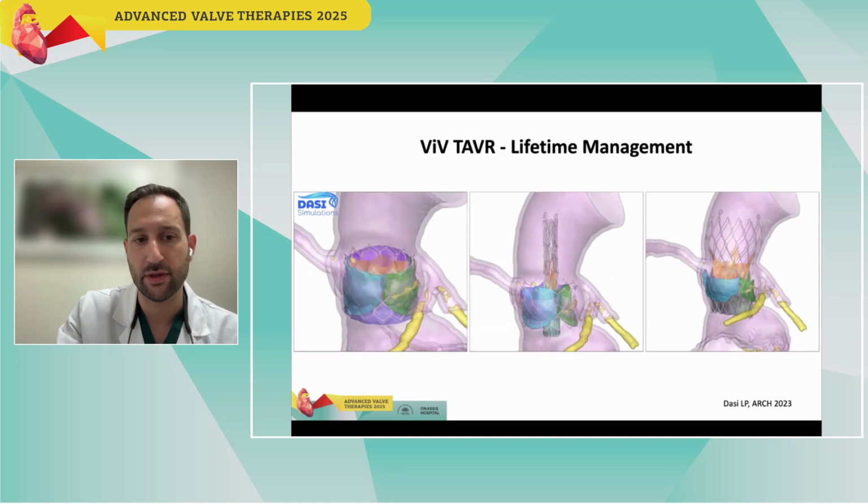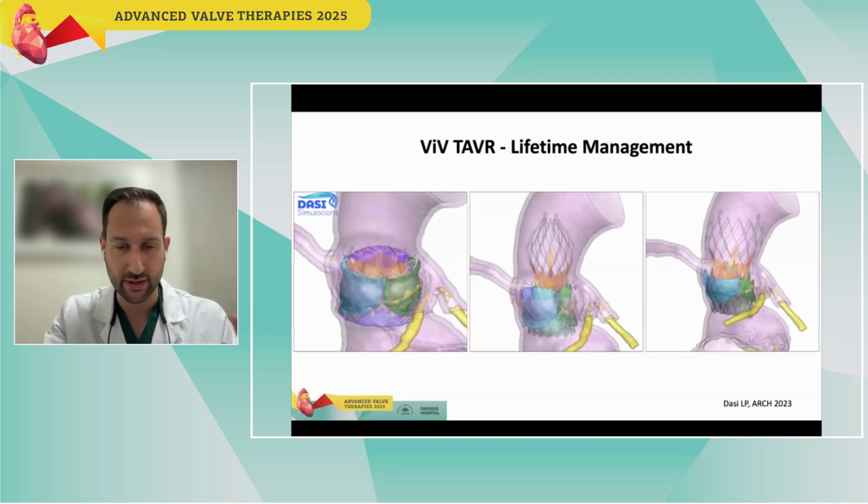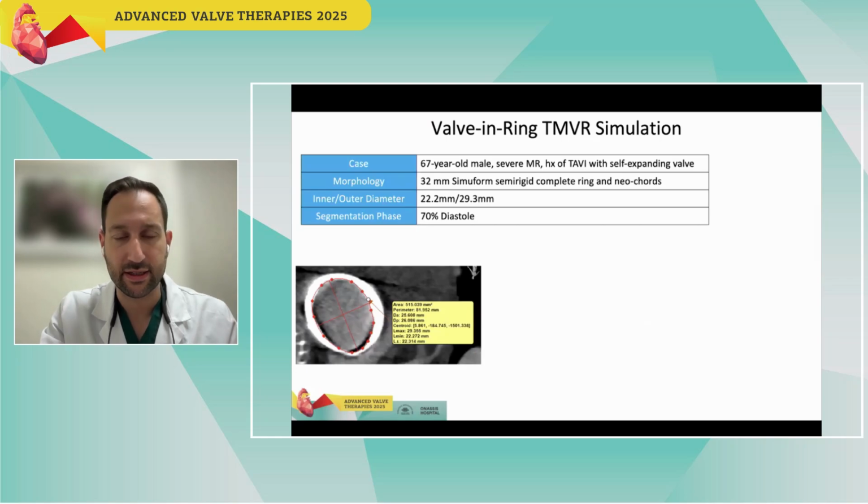Yes. So the beauty of this software is that with the same simulation, you can also simulate the future valve-in-valve and see what it looks like. And the last